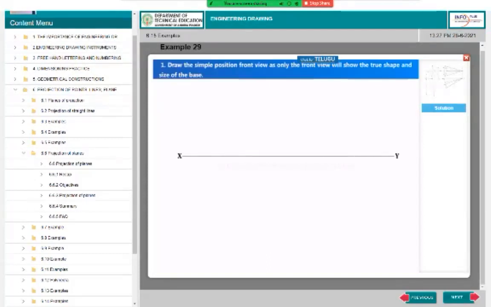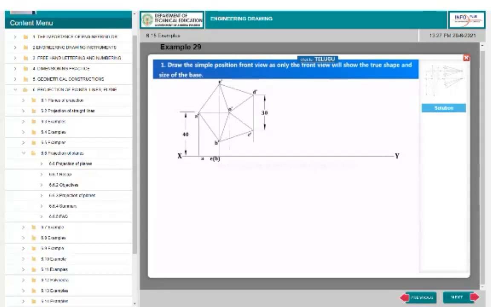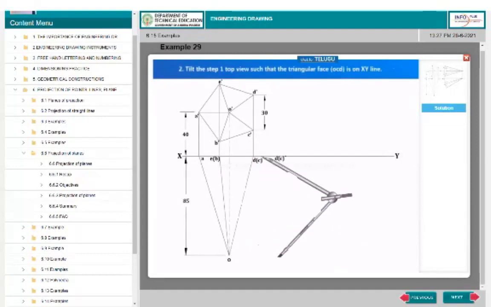Draw the simple position front view, as only the front view will show the true shape and size of the base. Keep one base edge C' D' perpendicular to XY. Tilt the step 1 top view such that the triangular face OCD is on the XY line.